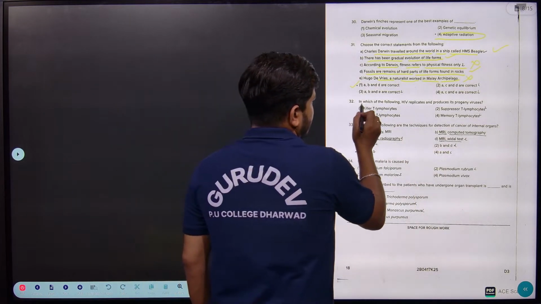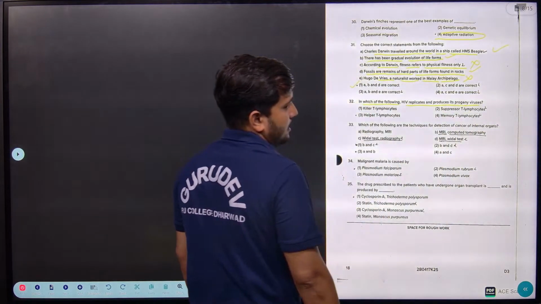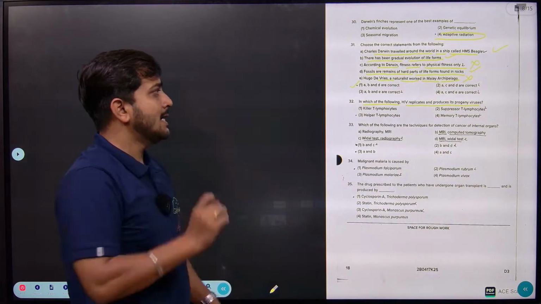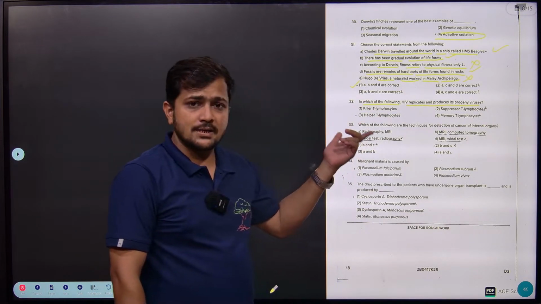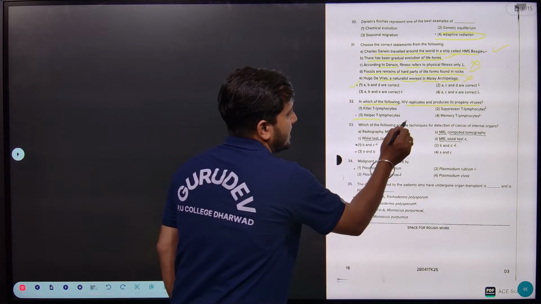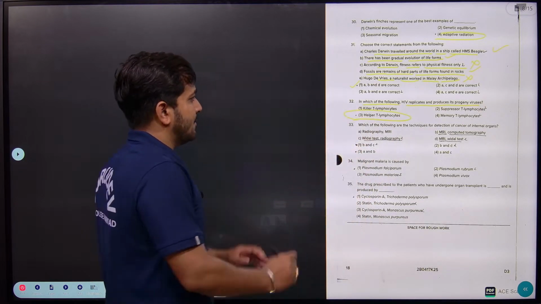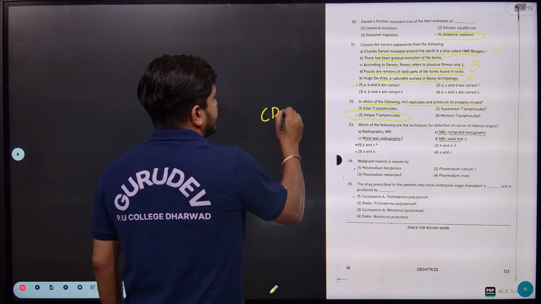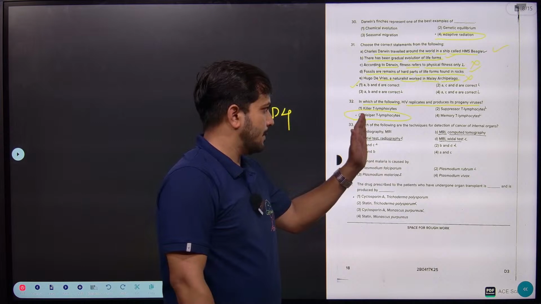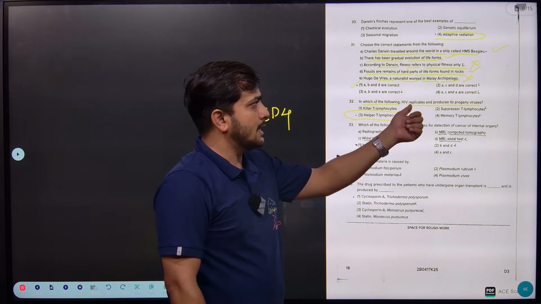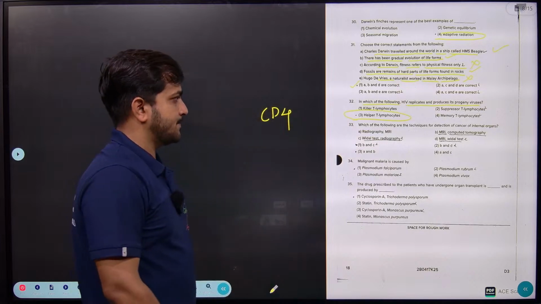In the 32nd question, in which of the following does HIV replicate and produce its progeny, right? Progeny viruses. Mainly the HIV virus goes and affects the macrophage cell as well as the T helper cell, or mainly the T lymphocytes. Mainly we can even represent it as CD4 cells, right? CD4 cells of T lymphocytes, mainly called T helper cells. There the HIV replicates and produces its progeny viruses, right?